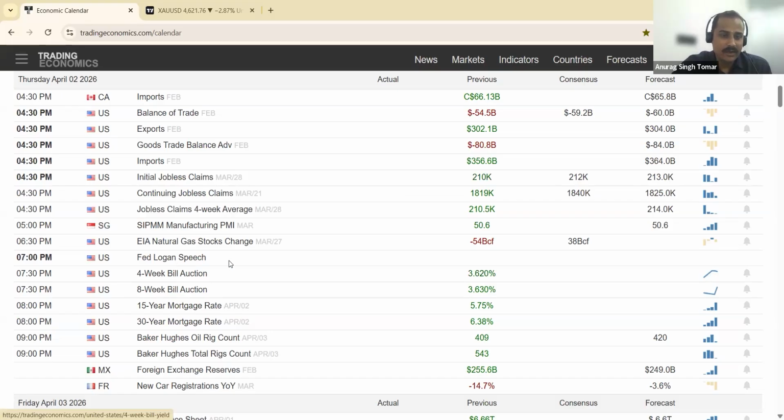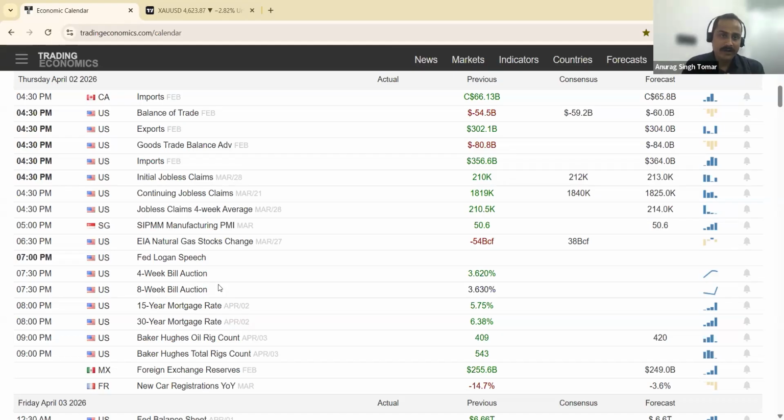So right now, when everything is in problem, fixed income assets are going to perform very well. That means the money from gold is going to flow into fixed income assets. Somebody who had taken a buy has shorted their gold positions. That's the reason gold has fallen down. So they have booked their profit. Now they have the excess money which they want to park somewhere. They are going to park it in the bond market, right?